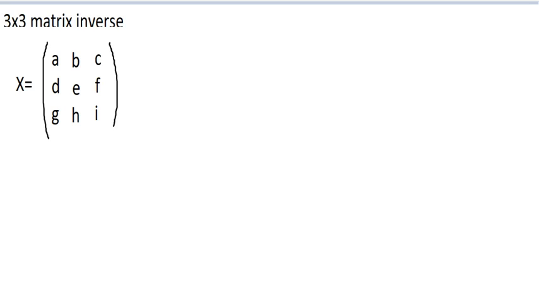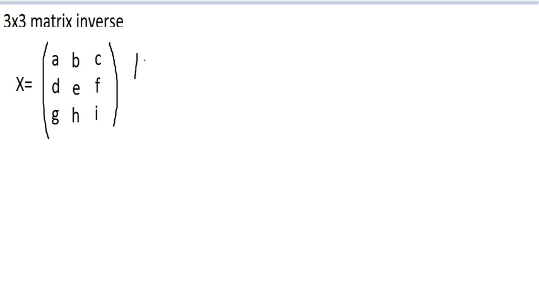Hi, okay, how do you get the inverse of a 3 by 3 matrix? Let's say you have a matrix X: A, B, C, D, E, F, G, H, I. To get the inverse, you need to get the determinant first. To get the determinant